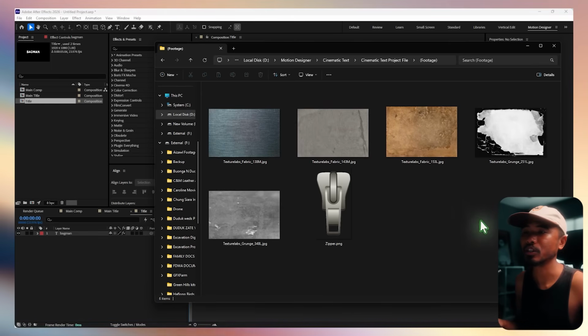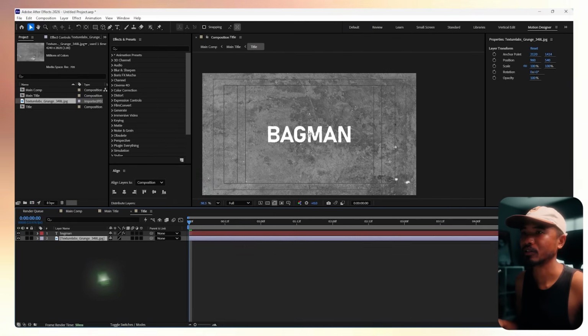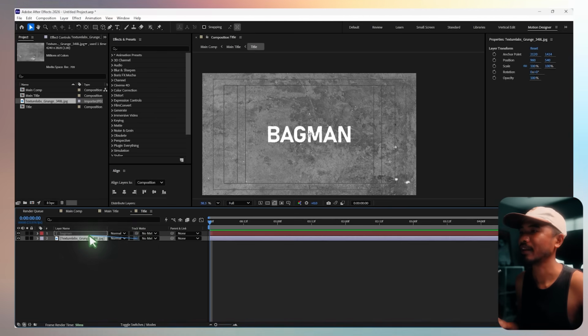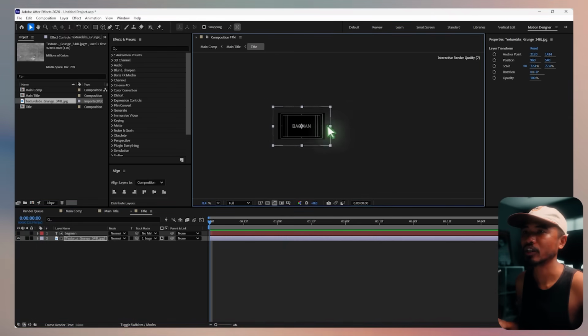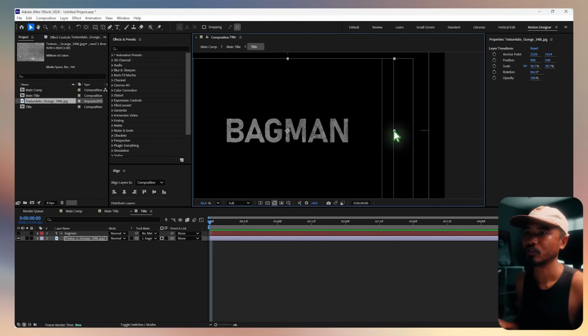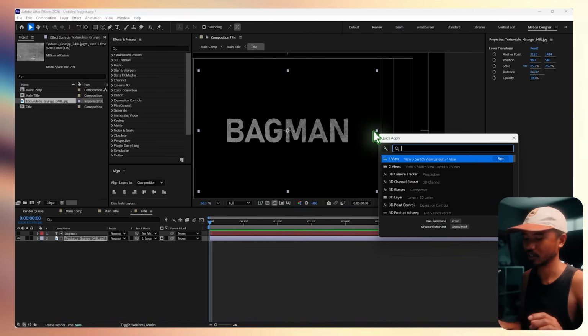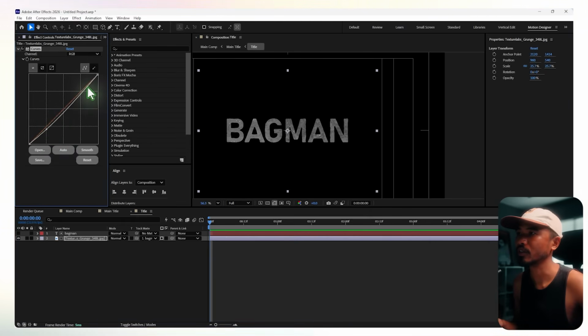Okay. So what I'm gonna do is I'm just gonna drag in this texture and drag it just below the text, and I'm just going to track matte the texture on the text, and you can just scale the texture down, something like that. I'm also going to add a curves adjustment to this, and I'm just going to add some contrast,